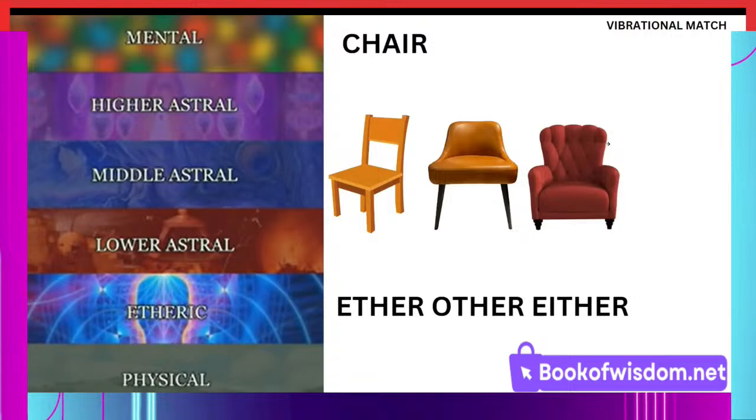It is part of the physical world, but it's also part of the astral world. It is on either side. You see how they're showing you the truth in the language? Ether and either are the same word. The ether has 1 foot in the astral and 1 foot in the physical world. It's a substance that connects the physical to the astral world. It's on either side of reality. It's on the other side. Other, either, same word. Ether is connecting the physical to the astral plane. It's the world of frequency.